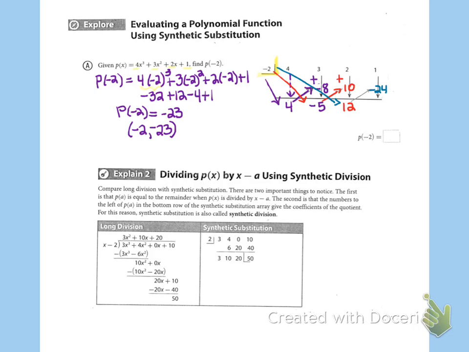And then we're going to add down that column, and voila, we get that -23. So we get that exact same output of -23, but yet we never had to do any of the exponents at all. And basically the position of those coefficients, that 4 being in the first position and the 3 and the 2 and the 1, actually kind of incorporates where the exponent would be, because if